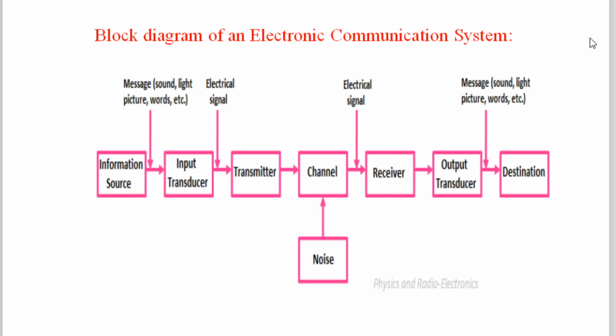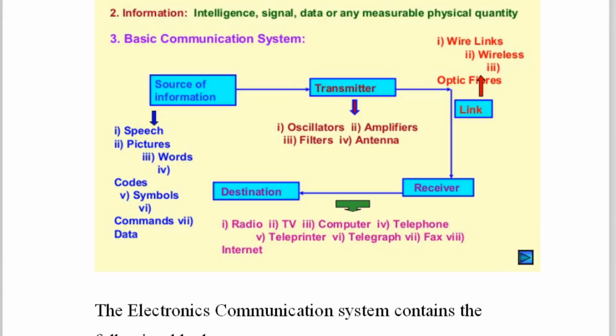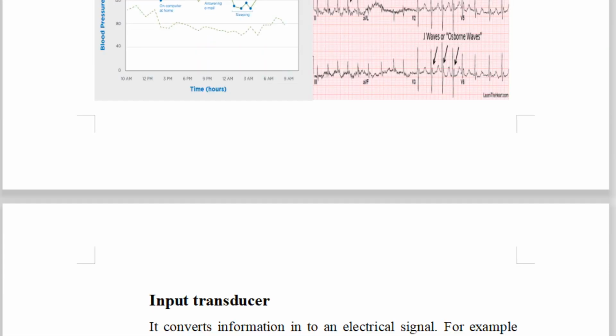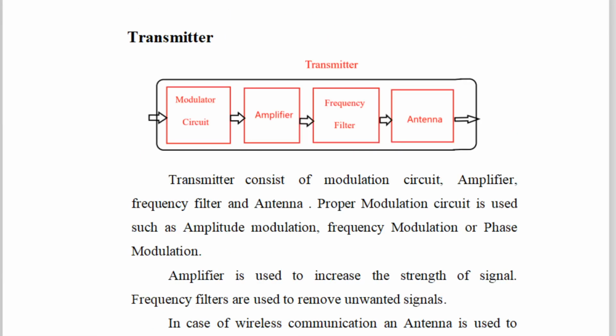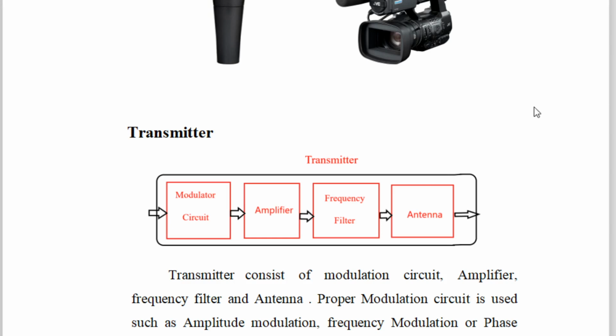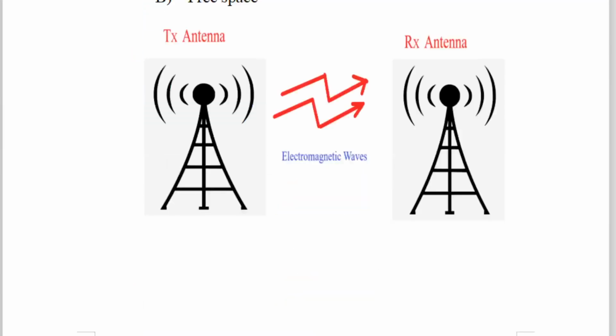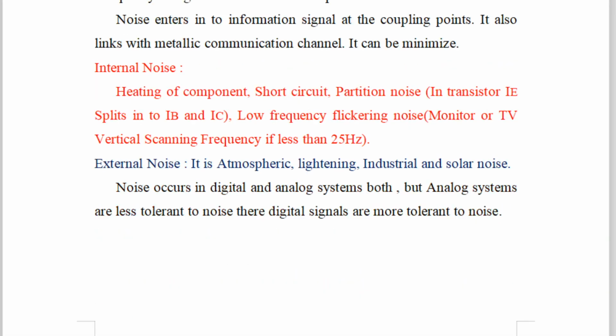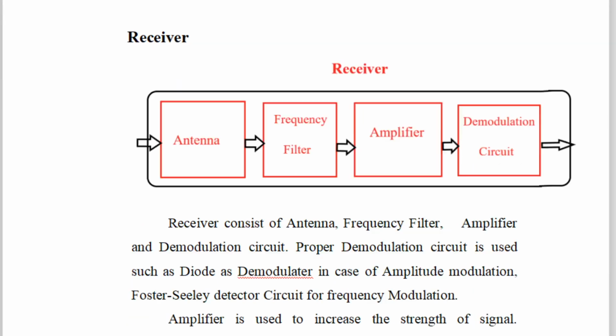So like that here. Now in the receiver block, let us see first of all what comes: antenna. In the transmitter, the antenna is last, but in the receiver block, first of all the antenna will come into picture. So in the receiver, first of all the antenna will come into picture, because if you want to catch